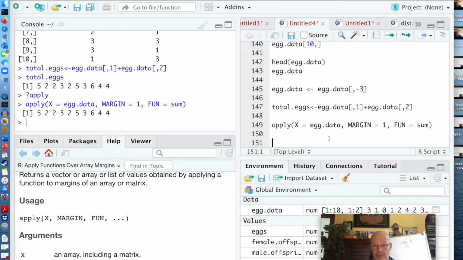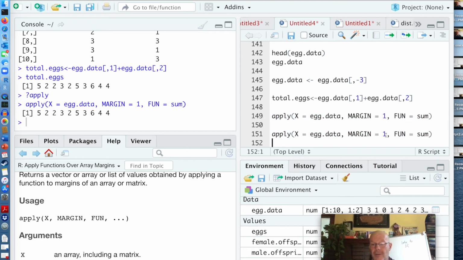You could also, let's say that you didn't care about each individual's total number of eggs. Let's just say you wanted the total number of eggs in the entire experiment, the total number of female eggs recovered, and the total number of male eggs recovered. You could use the exact same function, except now the margin is going to be 2, right? Because margin 1 is rows, 2 is columns. So if I do it by 2,